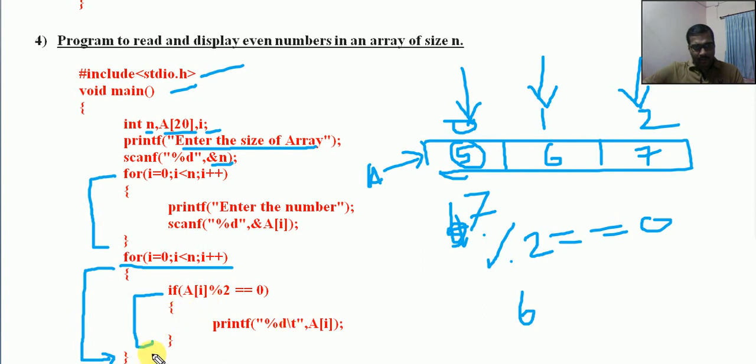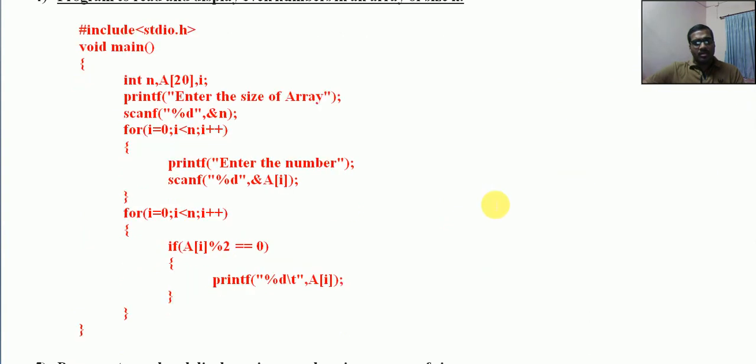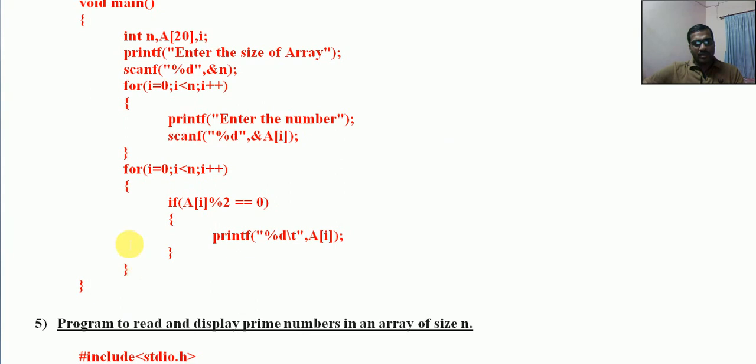It will come out and go for the next iteration. I is equal to 3. 3 less than 3? N is 3. It is wrong. It will come out of the for loop. Okay, that's it. Now we have the values already available, so we can directly go and complete the program. This for loop will end here and main will end here. So see, here we are using one for loop for reading, and the next for loop for iterating over each member.